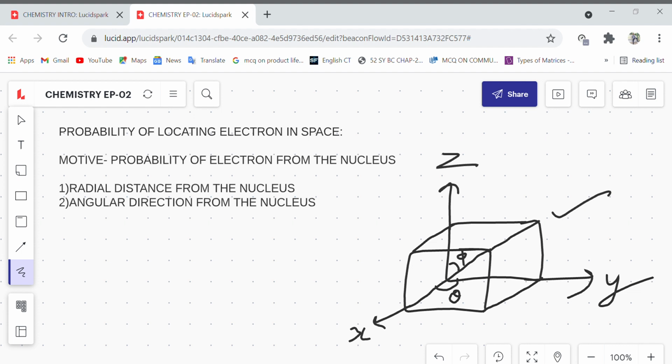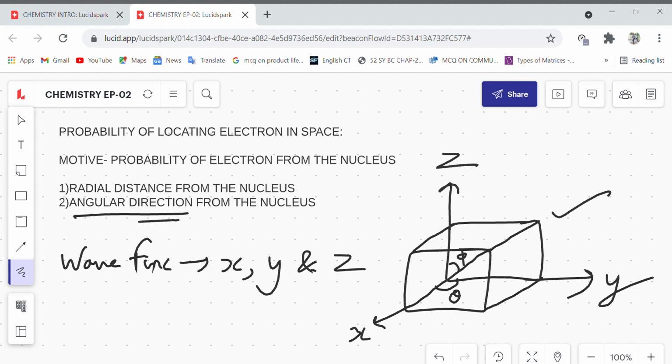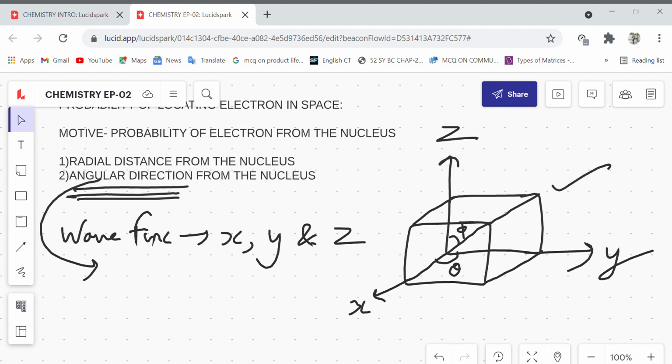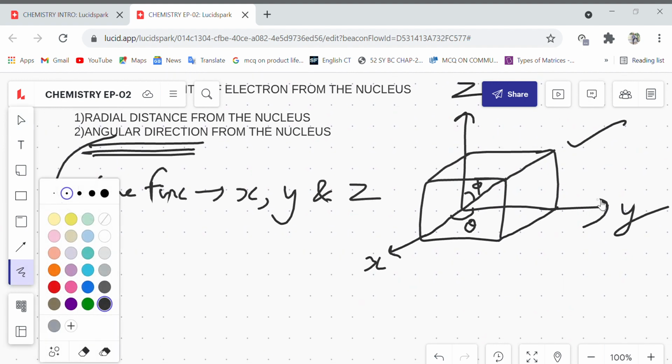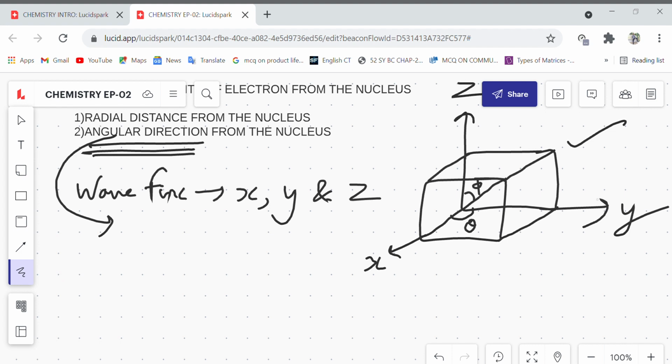Let me tell you that the wave function can be represented by x, y and z coordinates. But when the concept of angular direction comes into being, then it's quite difficult to use x, y and z coordinates. So what we usually do in angular direction, the Cartesian form,